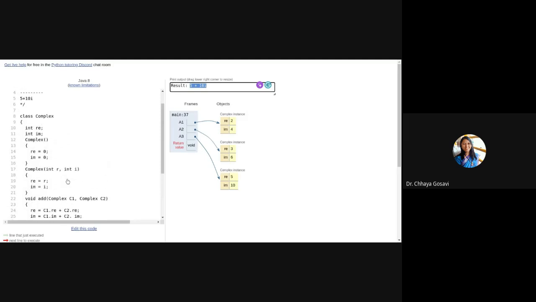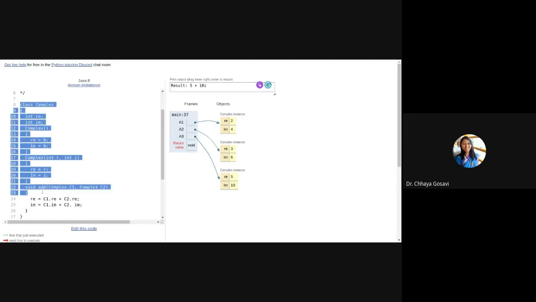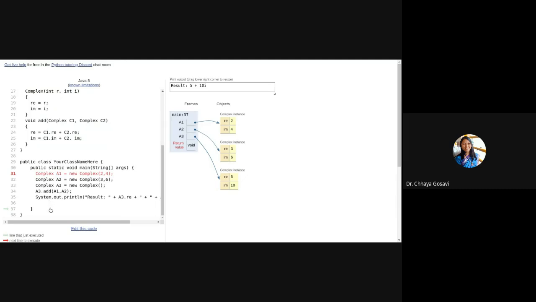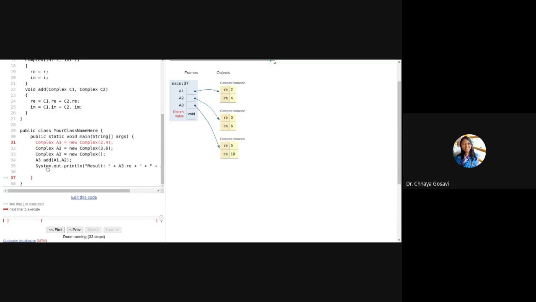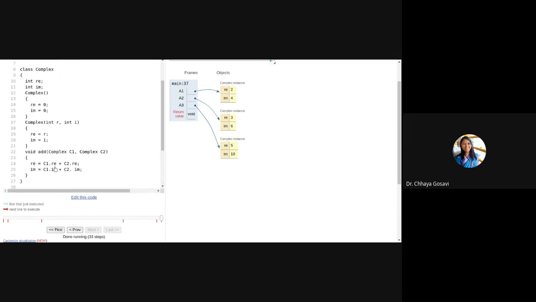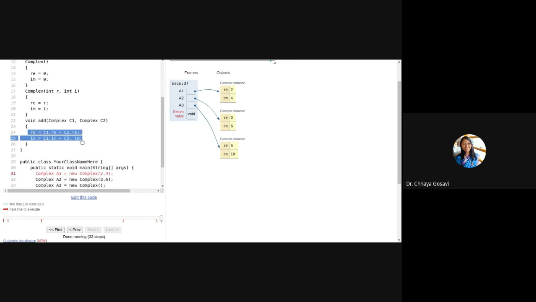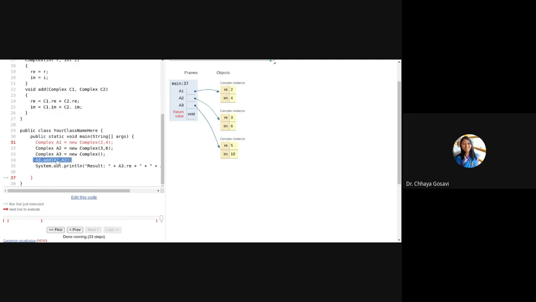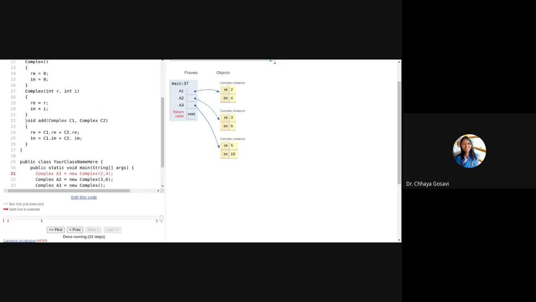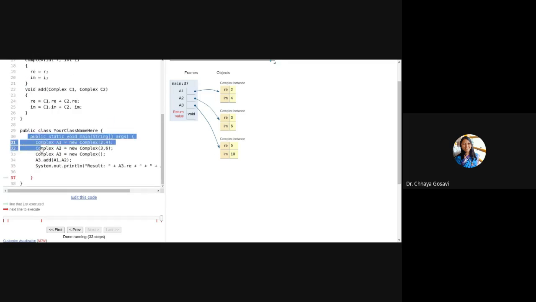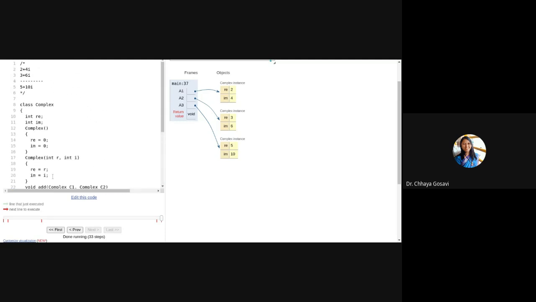This is how object-oriented programming works. You have to create a class. You can create the objects and work on the objects. This is what we can call abstraction. From here, what you can see is A1, A2, A3, A3 dot add A1, A2. But the implementation of the add method is hidden. It is inside a class. You can modify this function and it will not affect this function call. Instead of add, suppose this is another sort function or any algorithm, you can change this algorithm at the backend, and this will not affect your main function. I hope it is clear how to pass by value and how to pass by reference.